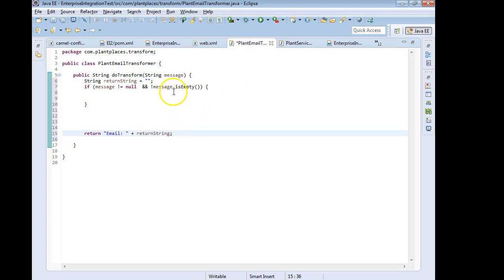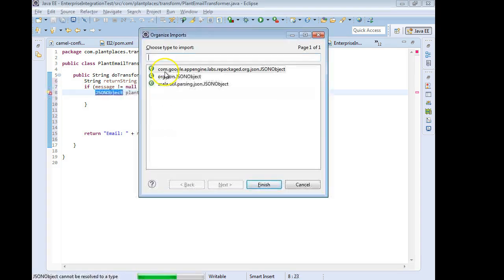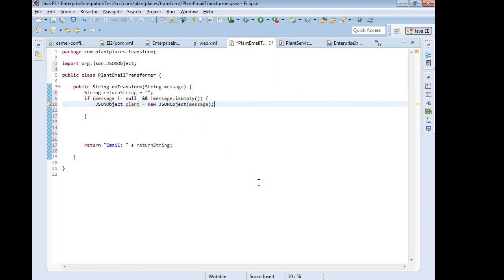So once we have this message string, what I'm going to do is say JSONObject, all uppercase, and then we'll say plant, that's fine, doesn't really matter, equals new JSONObject, and we need to pass in the string for it to parse, which is going to be message. So by passing in the message, it's going to transform the string. Okay, Control-Shift-O, organize imports. We're going to have several options come up here. The one that we want is org.json, which is the Maven dependency that we imported. So we grab the org.json, and now we're going to say